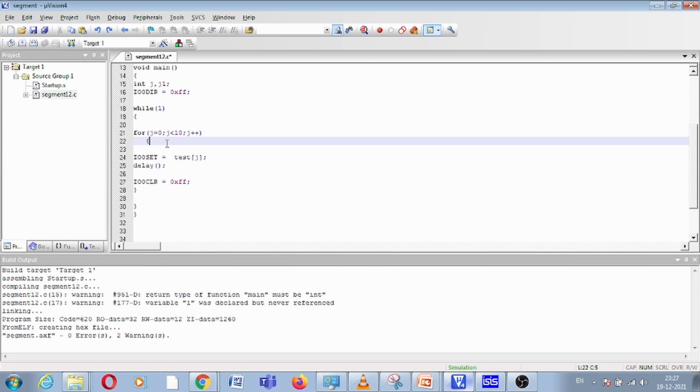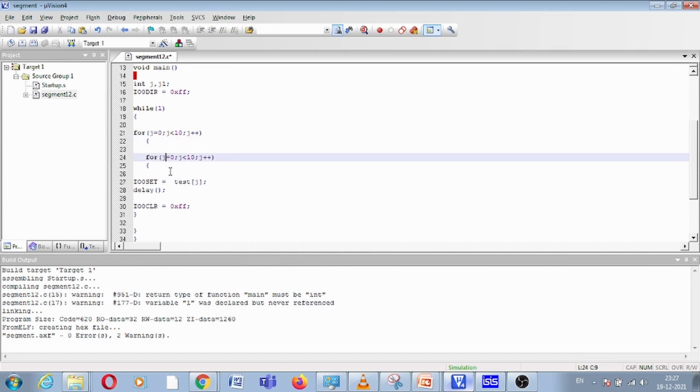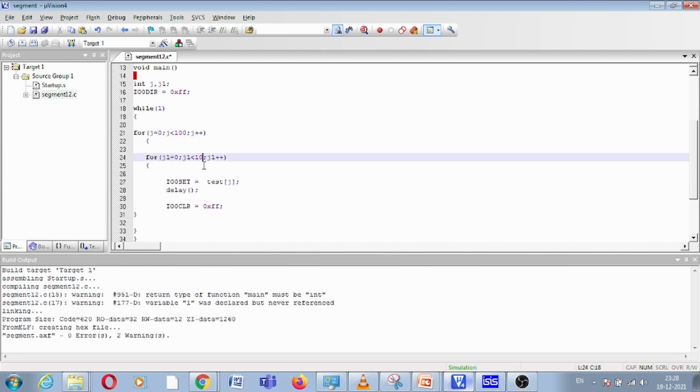Okay, and this is for j1. And let me change this value. Instead of 10 times, now I want this loop to count from 0 to 100. Okay, and the reason behind this I will explain in this part, right? I will write separate logic for this inner for loop. And this is the inner for loop. So let me change this value from 10 to 500.